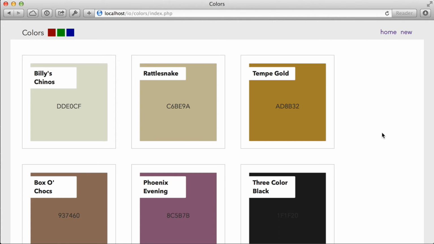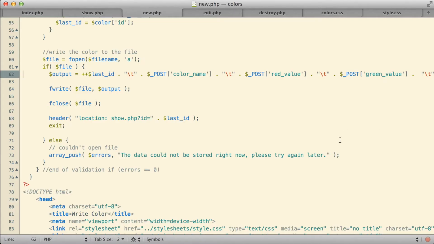It would just be faster, easier, and more efficient if I already knew what format that data was in. Actually getting that data stored in a consistent manner would be fairly easy to do. All I need to do is make sure that whenever I create a new color or whenever I update a color, essentially anytime I'm accepting input from the user, I take that input and convert it to the form that I want it to be in before I actually write it out to the file.